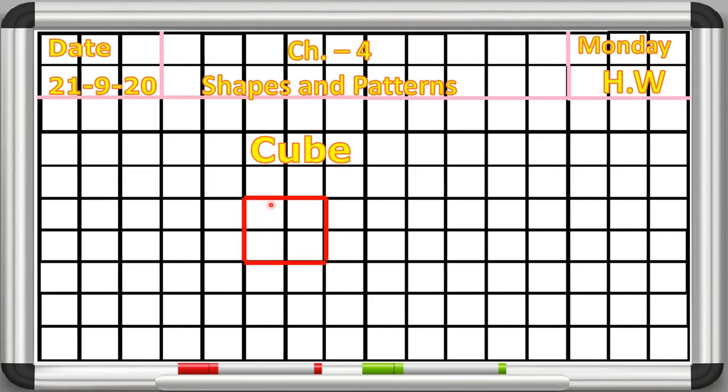Now leave one column and in between we will make another square of 2 by 2. So like this, 1, 2, 3, 4. By drawing 4 lines we have made a square. So 2 squares we have made here.